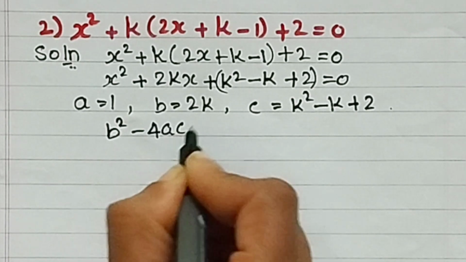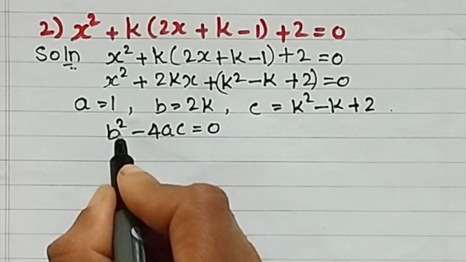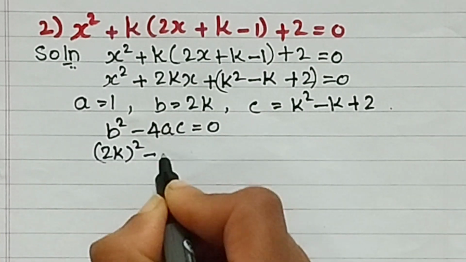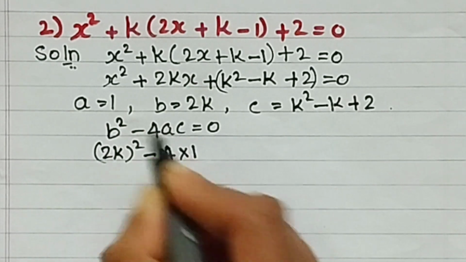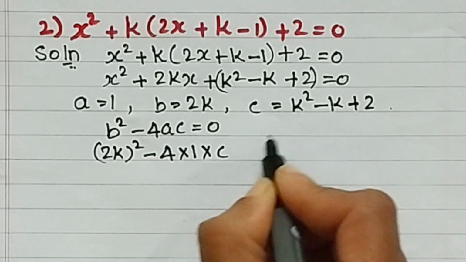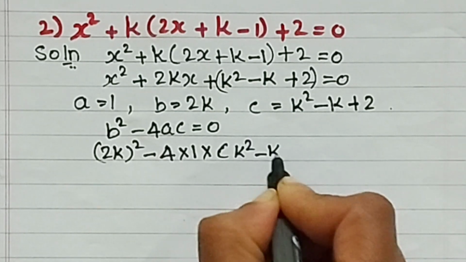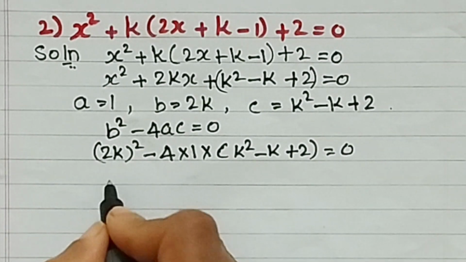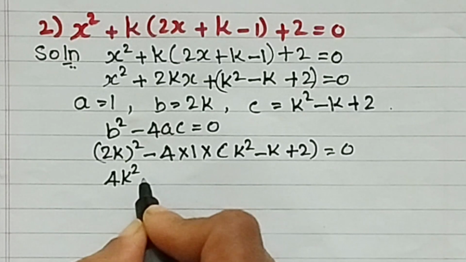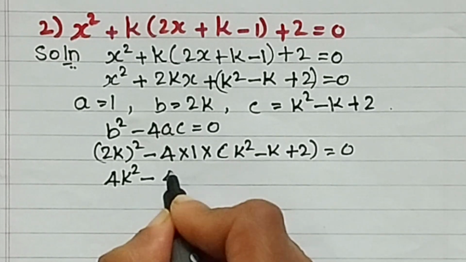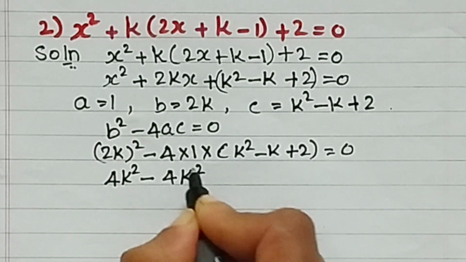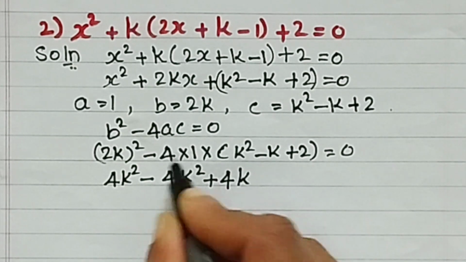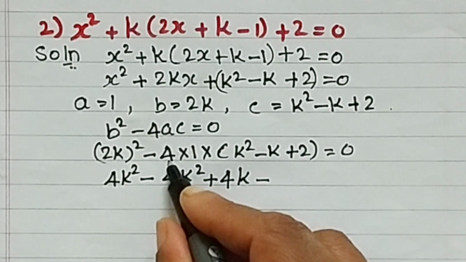Discriminant b square minus 4ac is equal to 0. B square, 2k whole square, minus 4 into a is 1, c is k square minus k plus 2, which is equal to 0. Simplify: 2k whole square is 4k square, minus 4 into k square is 4k square, minus into minus plus 4 into k is 4k, minus into plus minus 4 into 2 is 8,